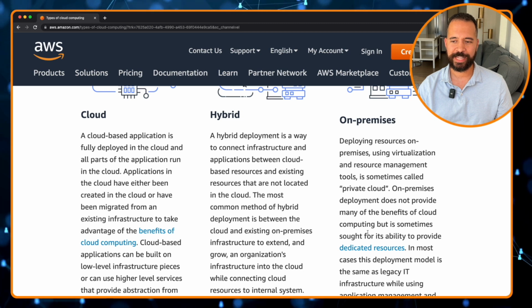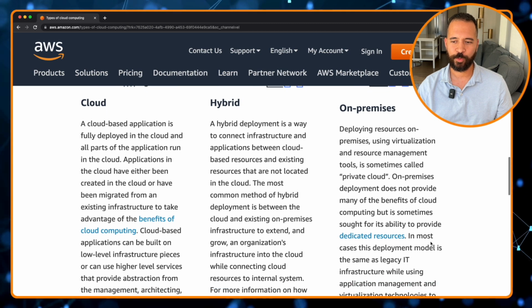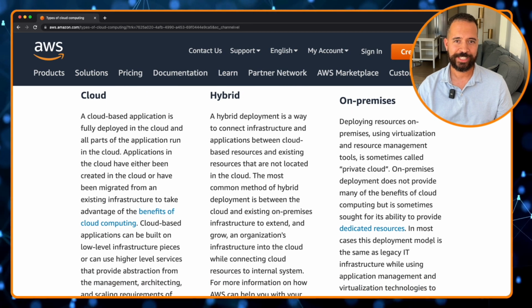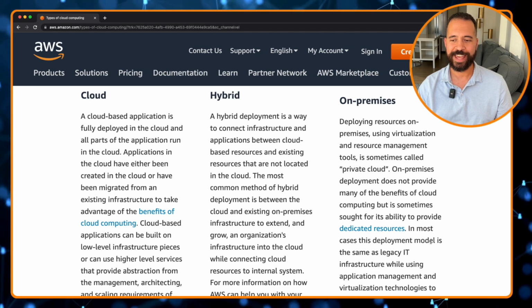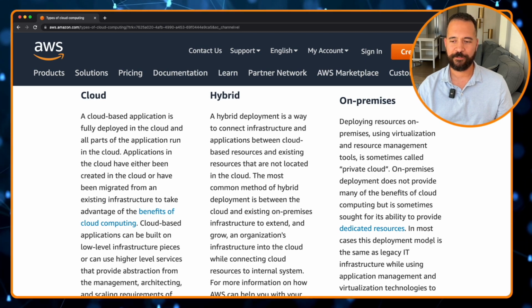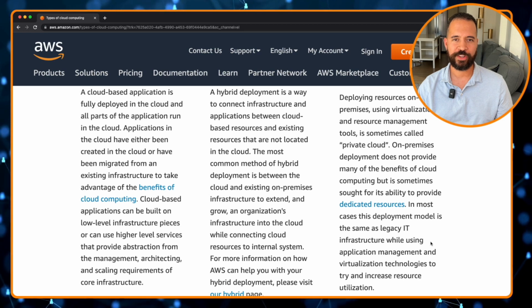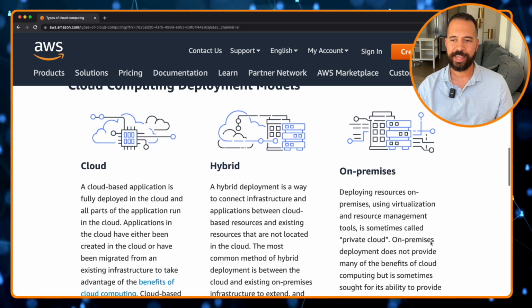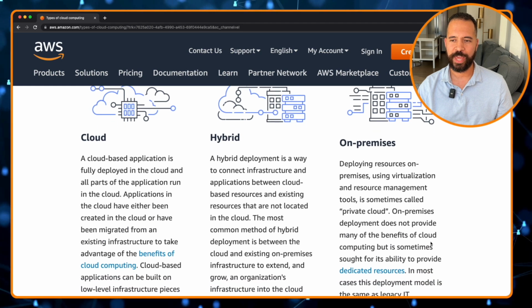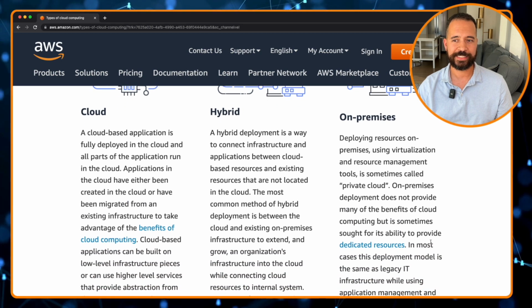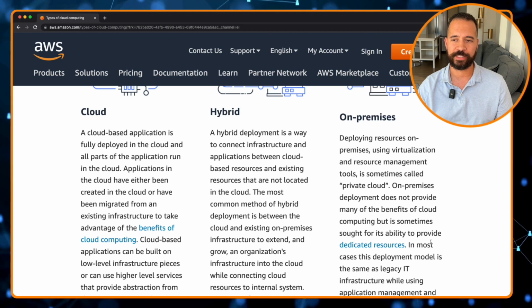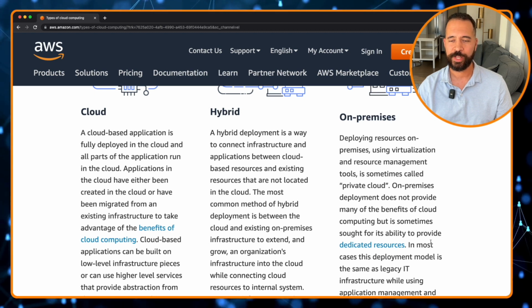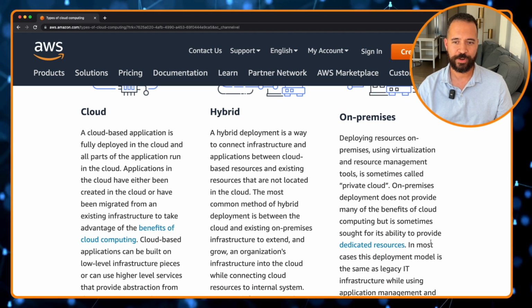And in most cases, these deployment models is where legacy IT infrastructure lives and technical debt lives with all that infrastructure. Even though you have virtualization technology, it is very difficult to try to automate and build a modern application in an on-premises environment. It's very difficult, if not next to darn near impossible to do so.